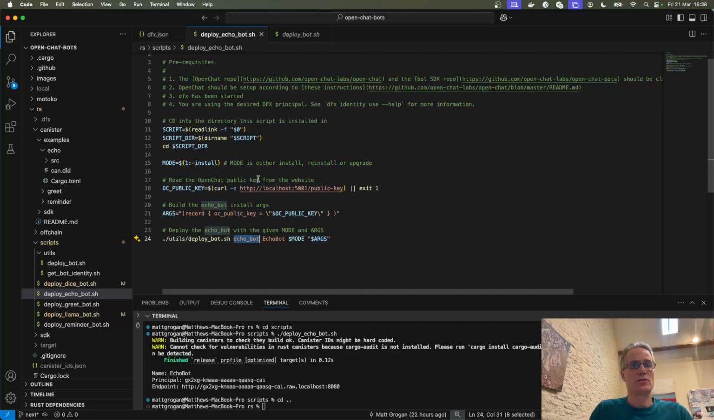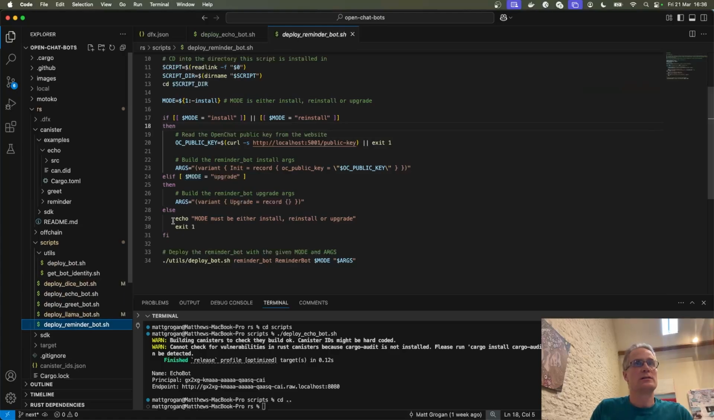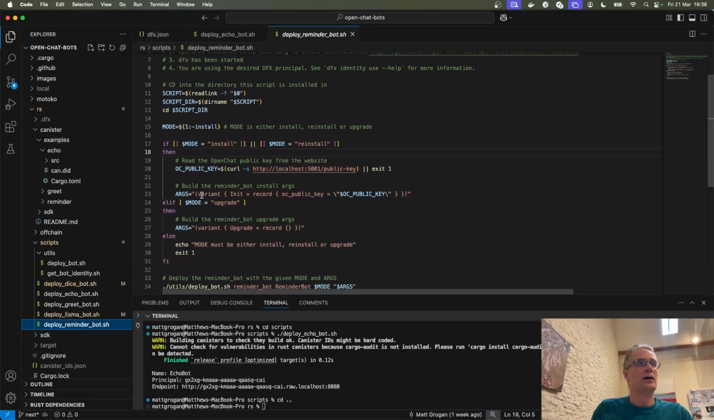So let's just contrast this with the Echo bot, which, as I said, is a super simple example. Let's have a slightly more complicated example. In the reminder bot, we do something a little bit more sophisticated. If we look in the candid for the reminder bot,